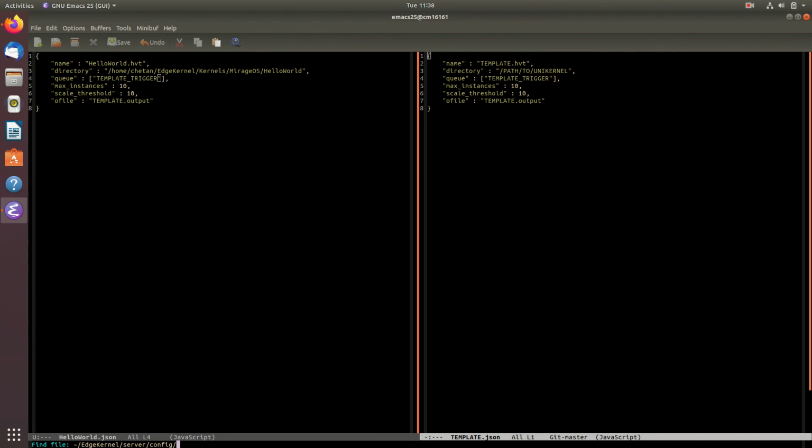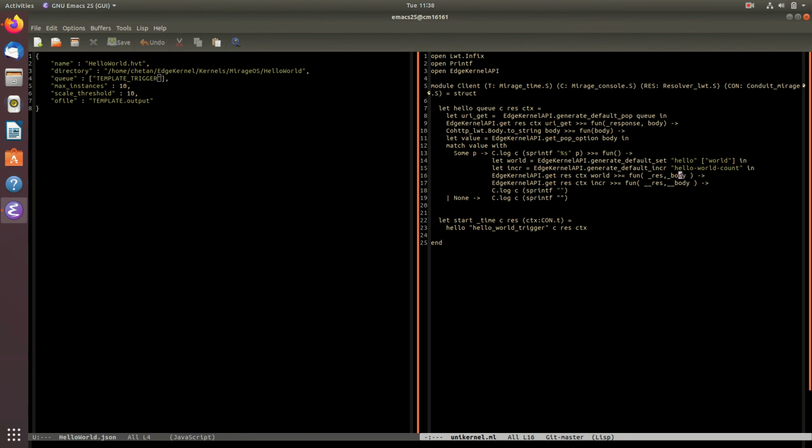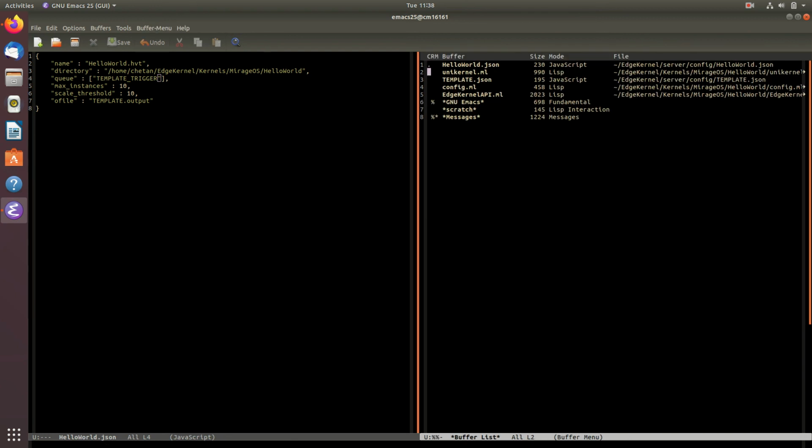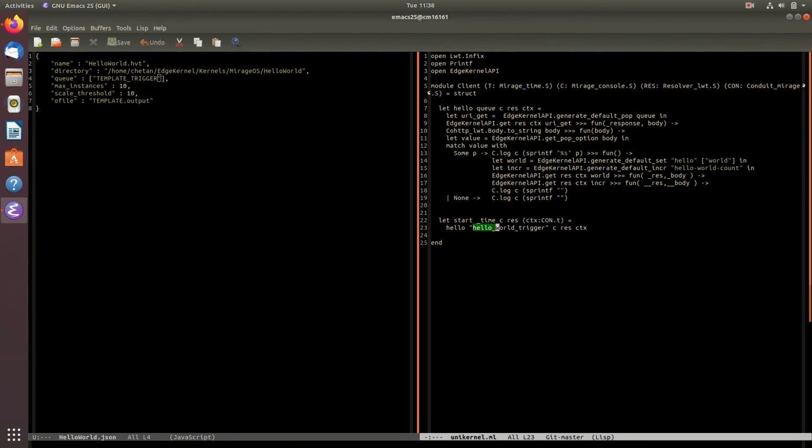To know what kind of queue we're looking at, if we go back to our unikernel file, kernels MirageOS hello world unikernel, we can see hello world trigger. So it's this value, hello world trigger, that we want to use. If we just copy this over,